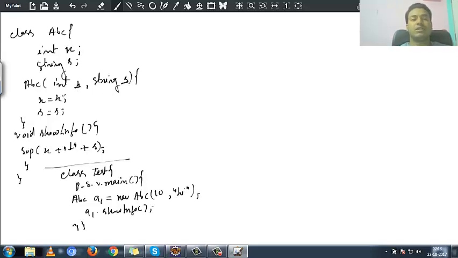And now what is the meaning here? When you are writing x is equal to x, it means this x is the local one, this is local x, and this is instance x. Means local x should be initialized, should be stored into instance x. Same way, local s should be stored into this instance s. Now if you see the memory allocation, how it works here is, so this is JVM memory,